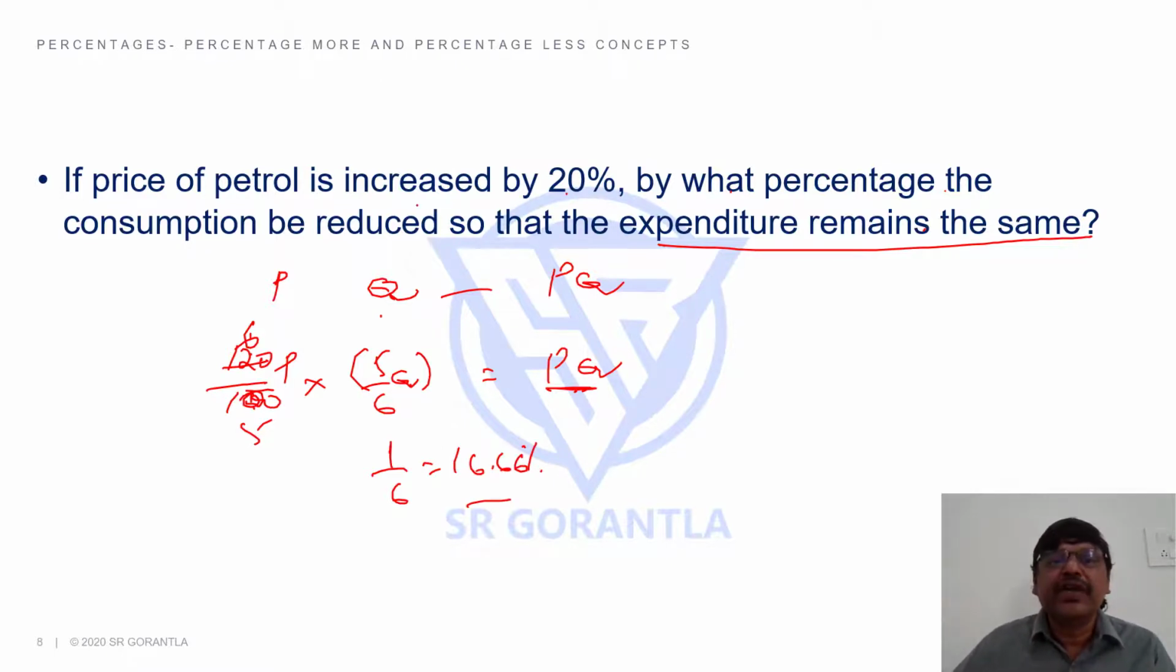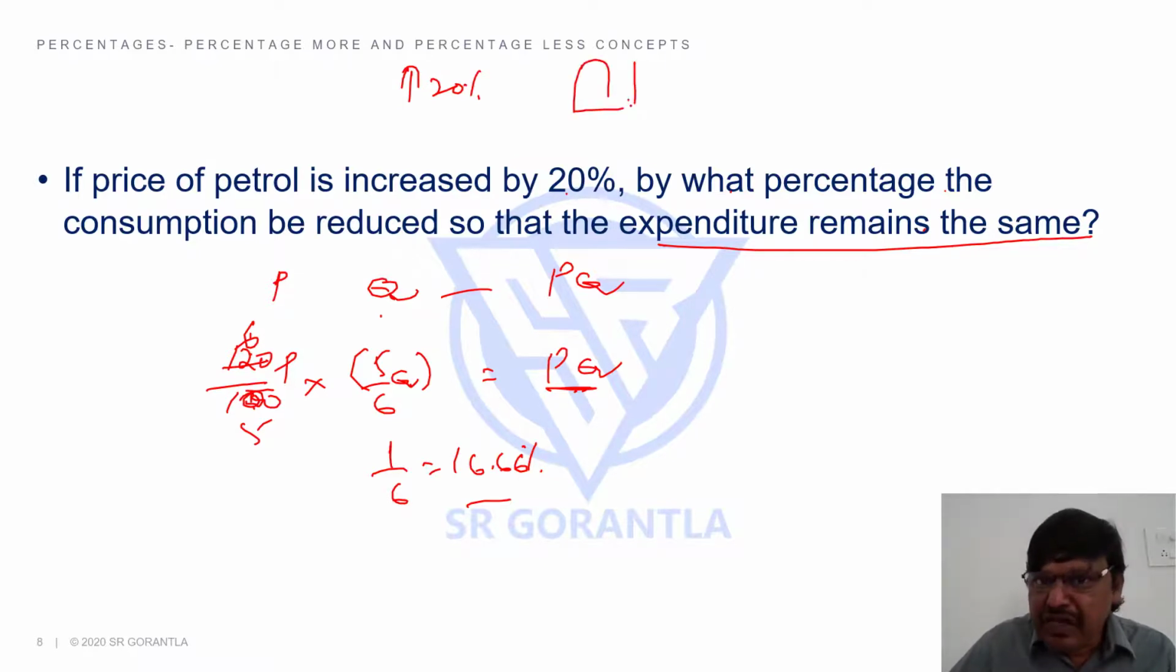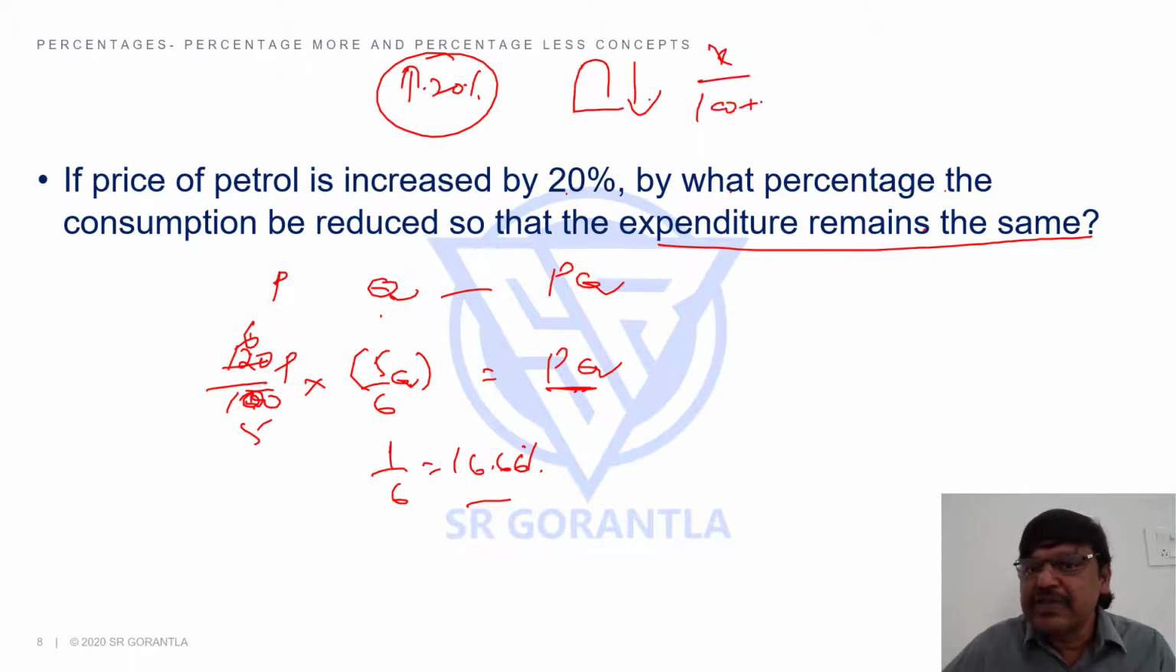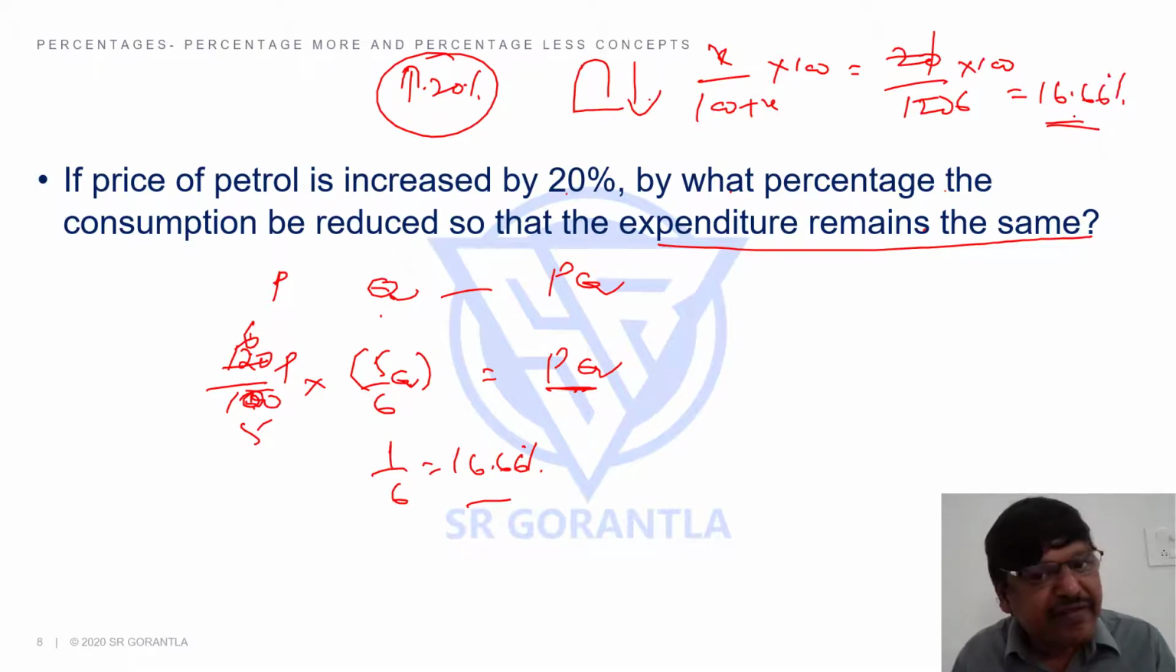Or the formula: you are increasing by 20%. By what percent the other one should reduce? Because you are increasing the first, you should say x by 100 plus x% formula. It is 20 by 120 into 100. 1 by 6, 16.66. Is that fine? Right. Now, so far students, in all these examples, I said I am reducing, I should increase